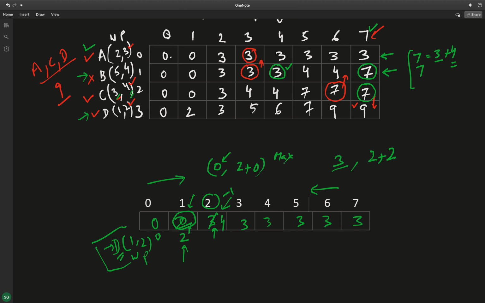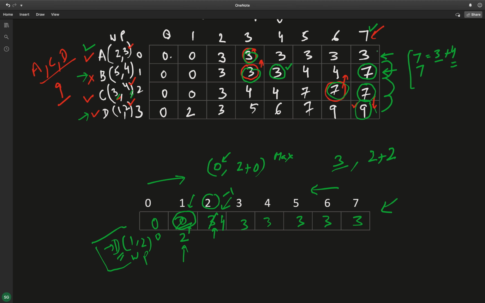But the other problem you can't solve by using a single dimensional array, because in the second problem, you were referring to the older states as well. Like, for knowing the number of items which are responsible, you were referring to all the values. So you will start from here, then you will go beyond that, then you go here, then you will go here. So you will be referring to all the previous states, but here you have only stored the previous state, not